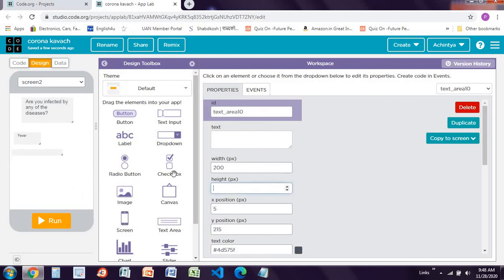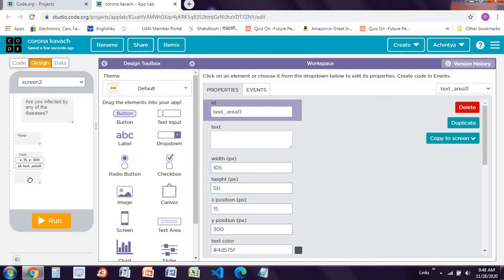Same here, making it 50 and make this one as 105 like this. Fever, then make it as cold over here. Cold. And this one again, this will be 105 and 50 like this.